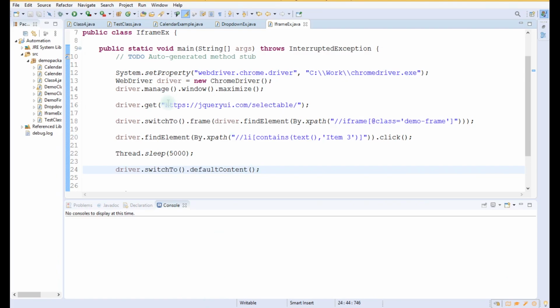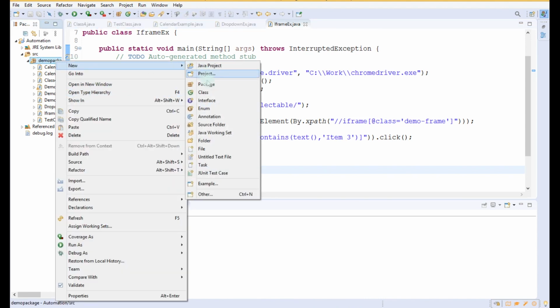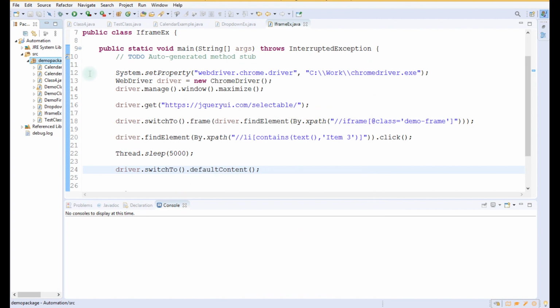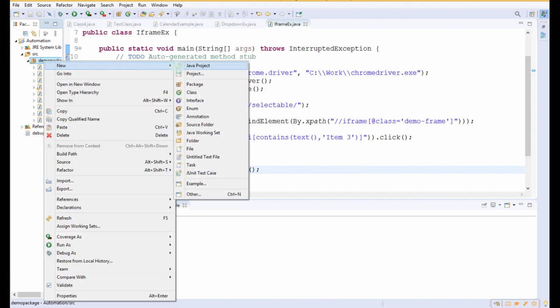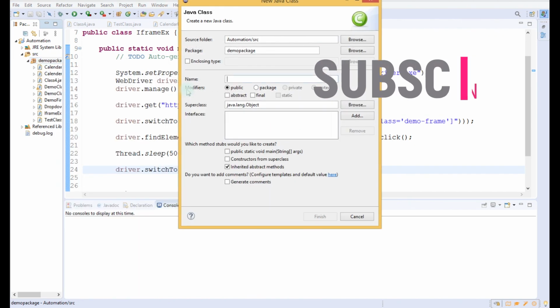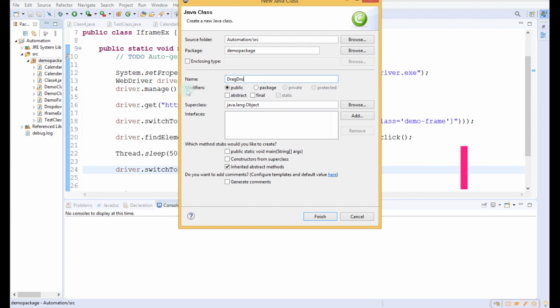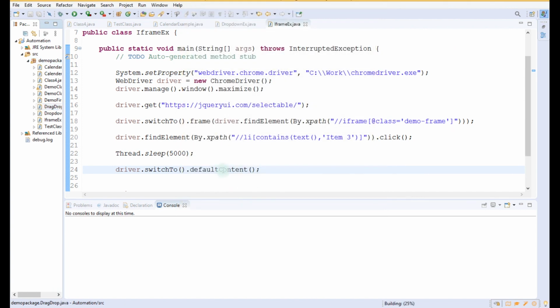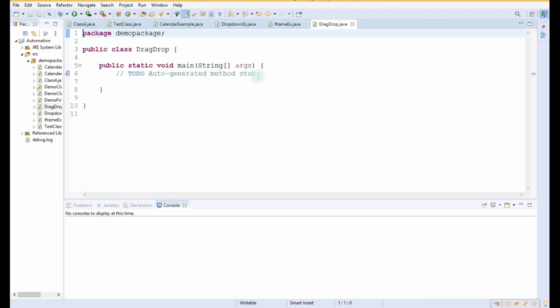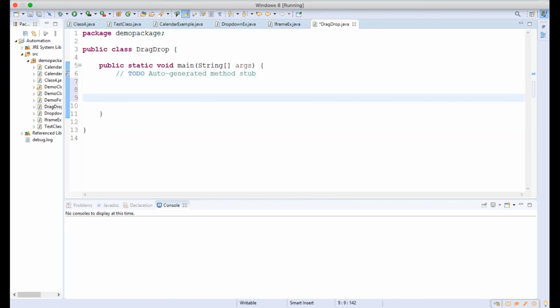So let us quickly open Eclipse and create a new class for today's video. Let us name the class DragDrop, right? We will select the option for public static void main and click on Finish. It will create a new class and the main function is there.